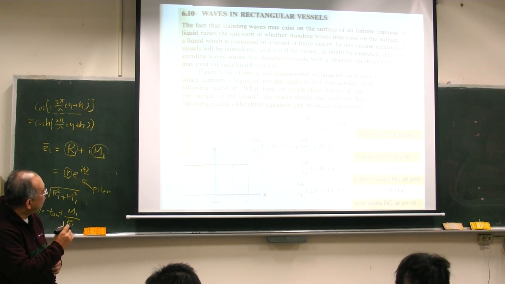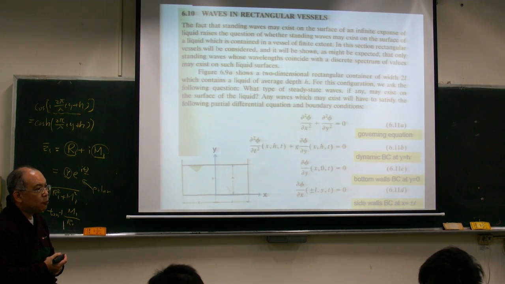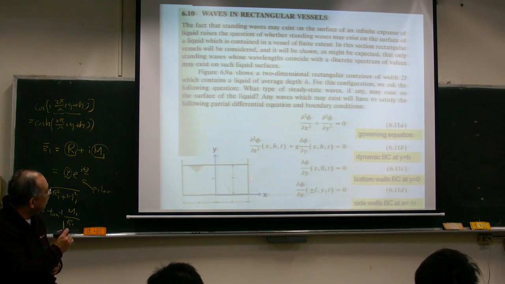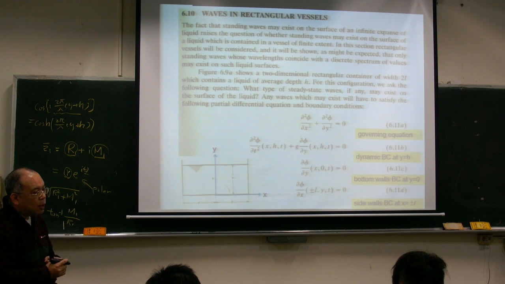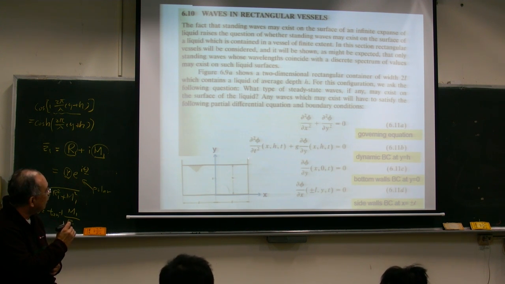And what happens here and here? We also have the same boundary condition, right? And for here, the boundary condition is what? When x equals L, x equals positive L. And here, what's the boundary condition? X equals minus L, right? This is minus L. And what's the boundary condition that should be satisfied for these two